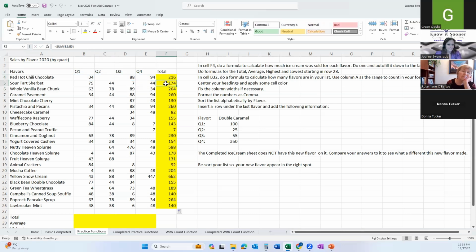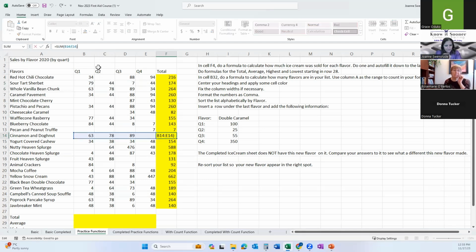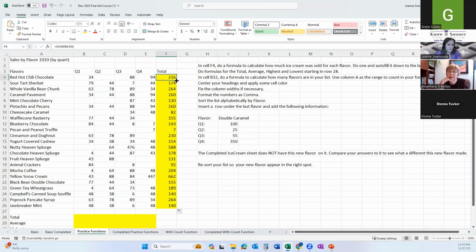I'm going to press escape. Here's my next one. Okay, row 5, it's looking at row 5. It actually wiped out the formula that we did. Okay, it's working. This is called relative cell addresses when it's across like that. Just because we copied this one that was talking about row 4, it would do the same thing if you did a copy paste. It knows it's not going to go 216, 216, 260. It knows, hey, I'm on row 16. I want to look at the stuff on row 16. Cool, hey, that's an auto sum.